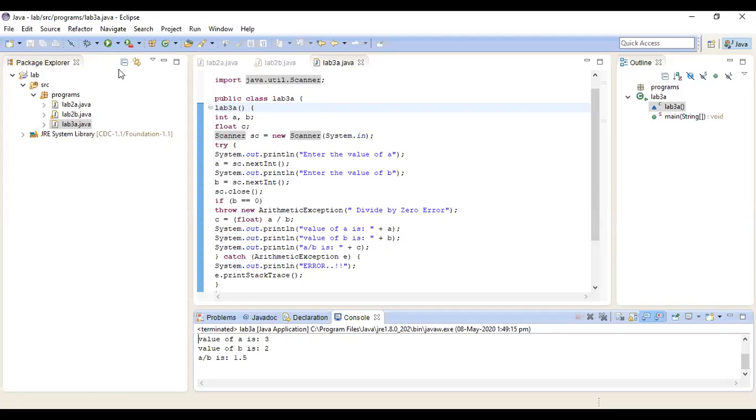Now let us check the case when b is equal to 0. What happens when b is equal to 0? So a, let me make it 9. The value of b, let it be 0. Now b is equal to 0, so it will throw an exception, that is, it will print a divide by 0 message. So it is showing the error. You can see here, it's a divide by 0 error, and I have got the error from the ArithmeticException. There is an exception. This is how it will show the